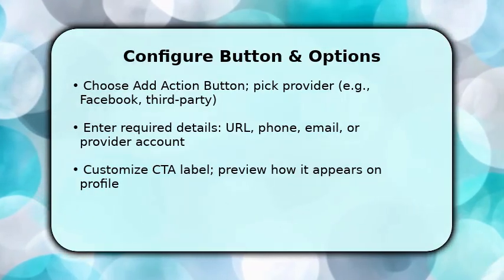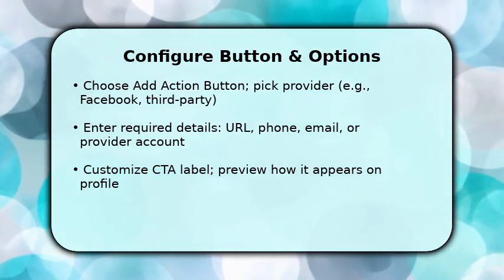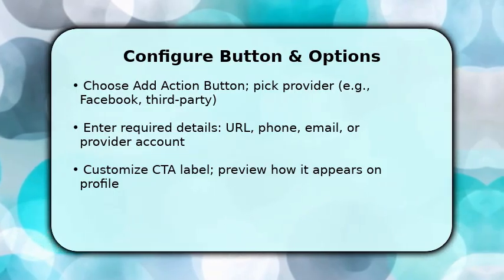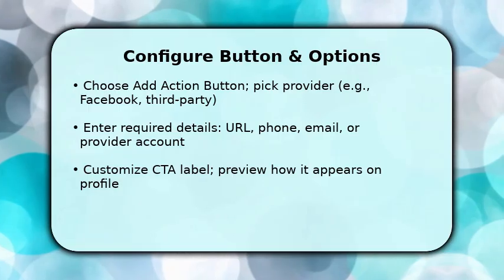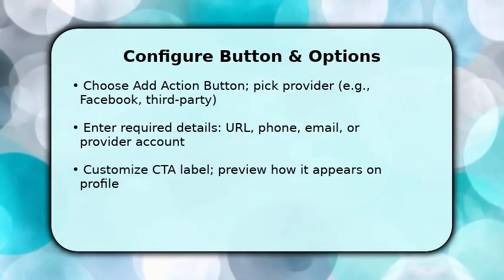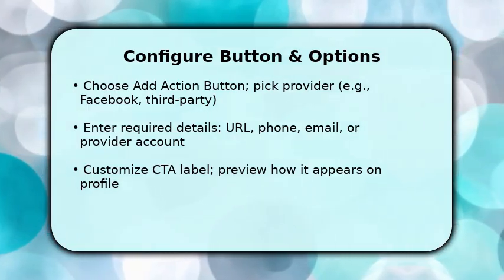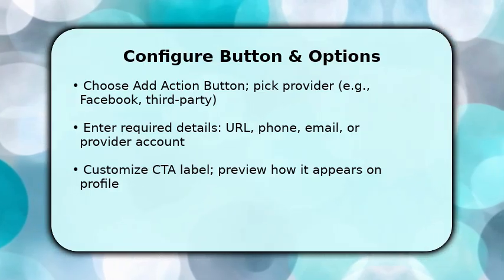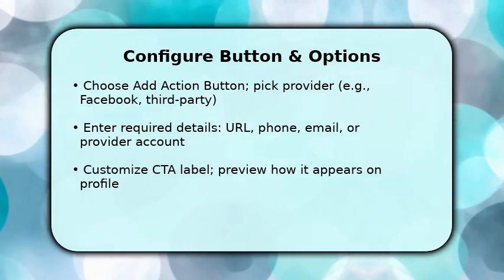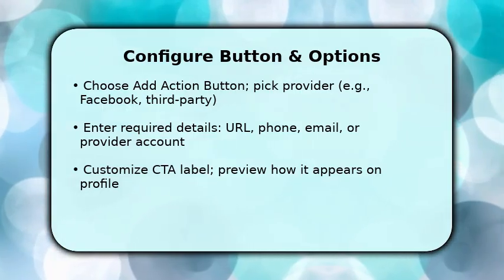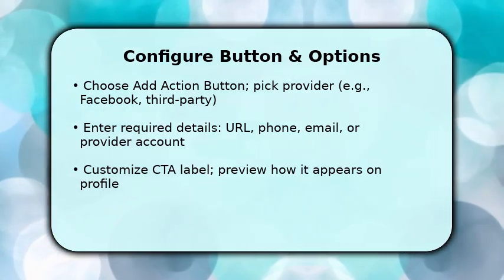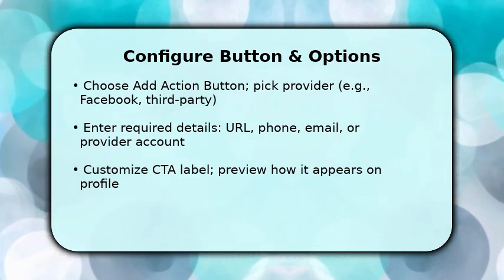Tap Action Buttons or Contact options and choose Add Action Button. You'll pick a provider. Instagram may show native Facebook tools or third-party partners, and then enter required details like a booking URL, phone number, or service account. Make sure to customize the CTA label so it matches your goal. Concise text converts better. Once filled, preview the button on your profile and test the link behavior to confirm it